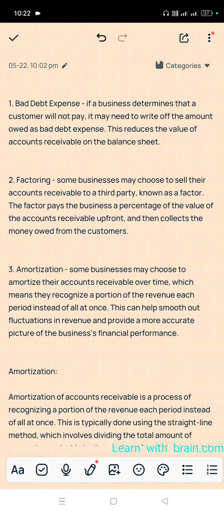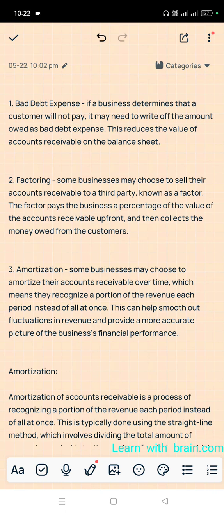the company sold goods for 1 lakh rupees. So what is the entry? On credit basis. Okay, what is the entry? Accounts receivable account, debit to sales account. Okay,